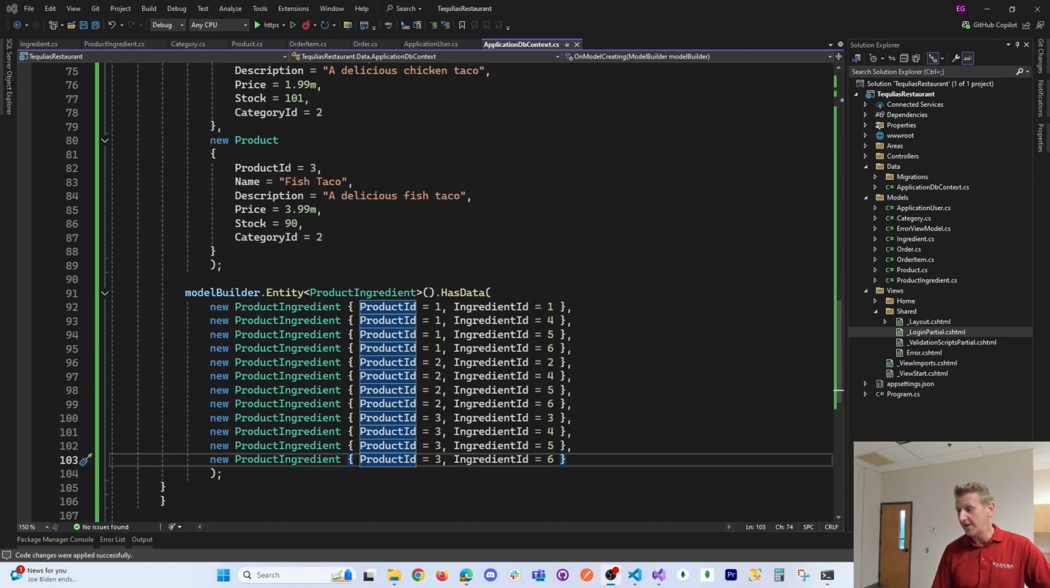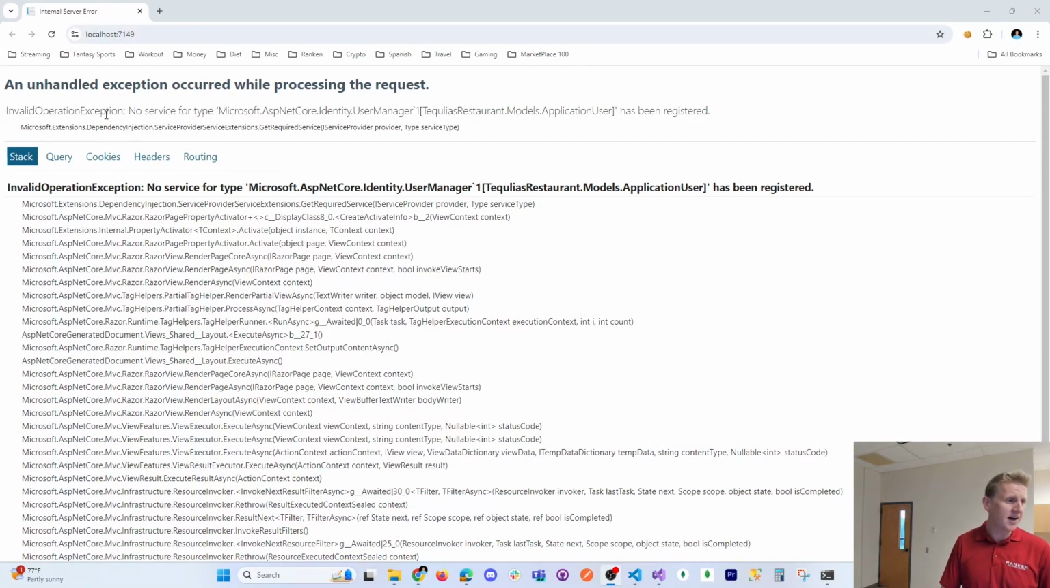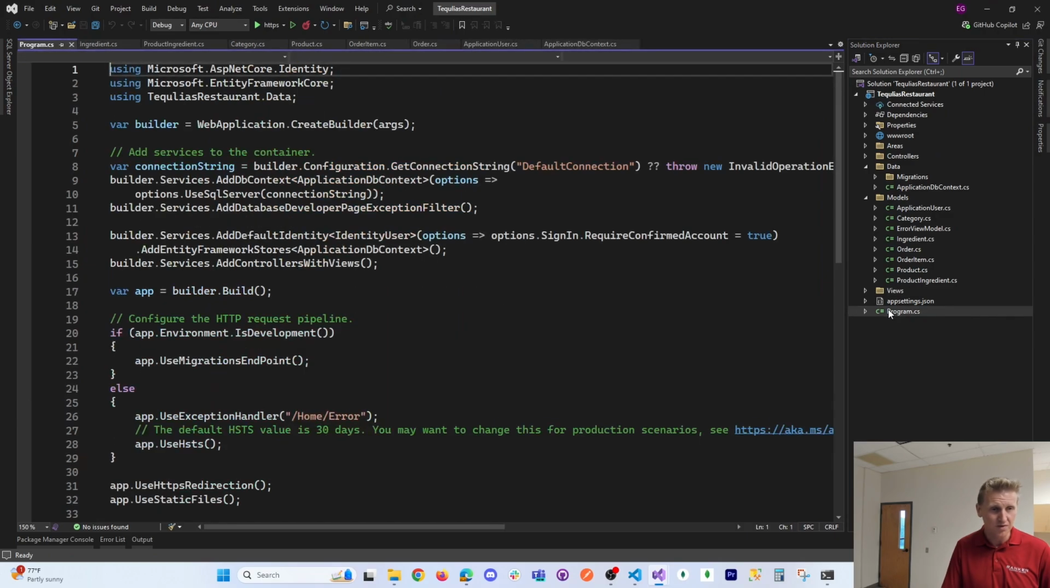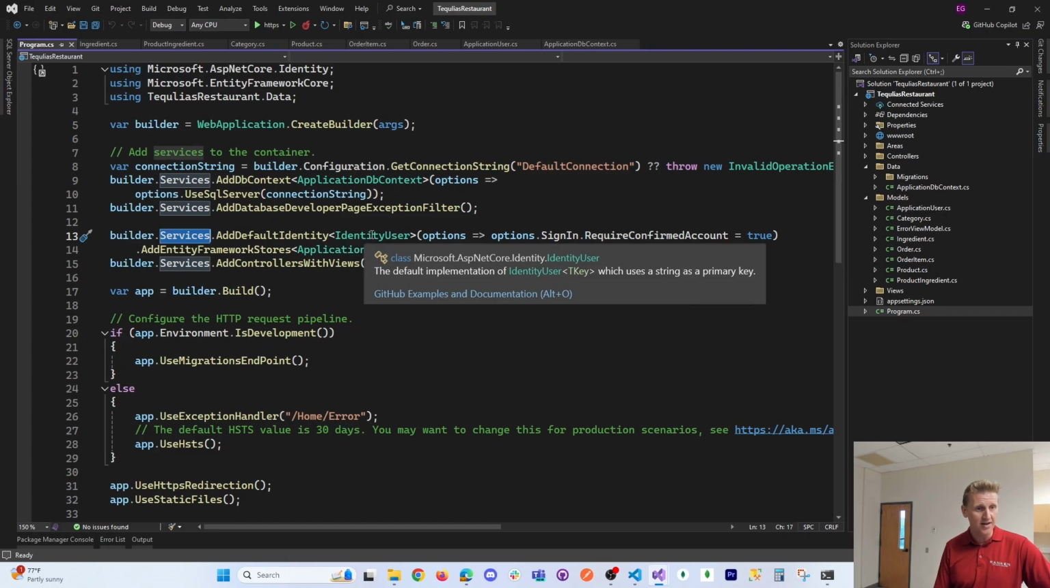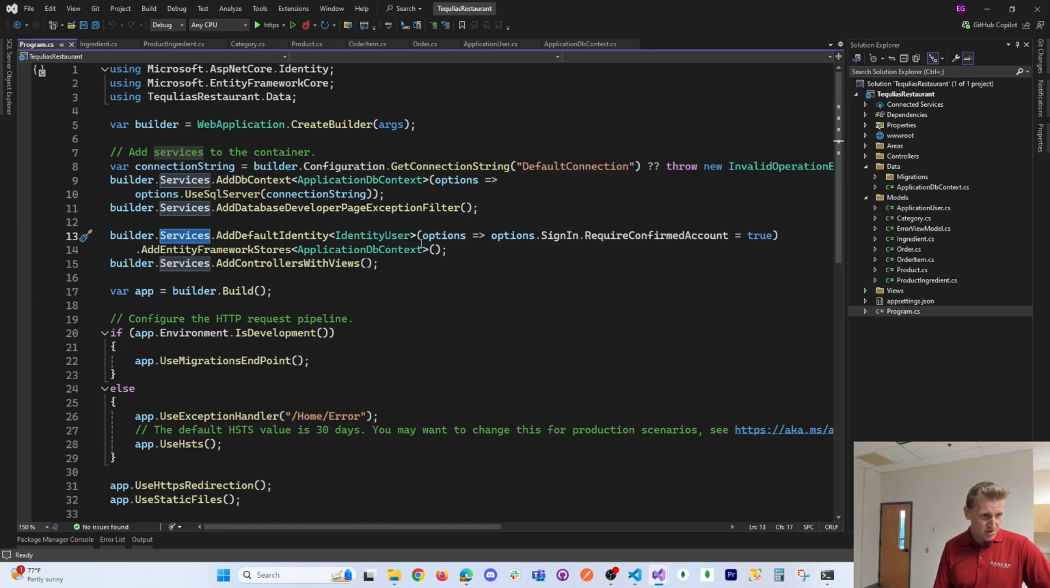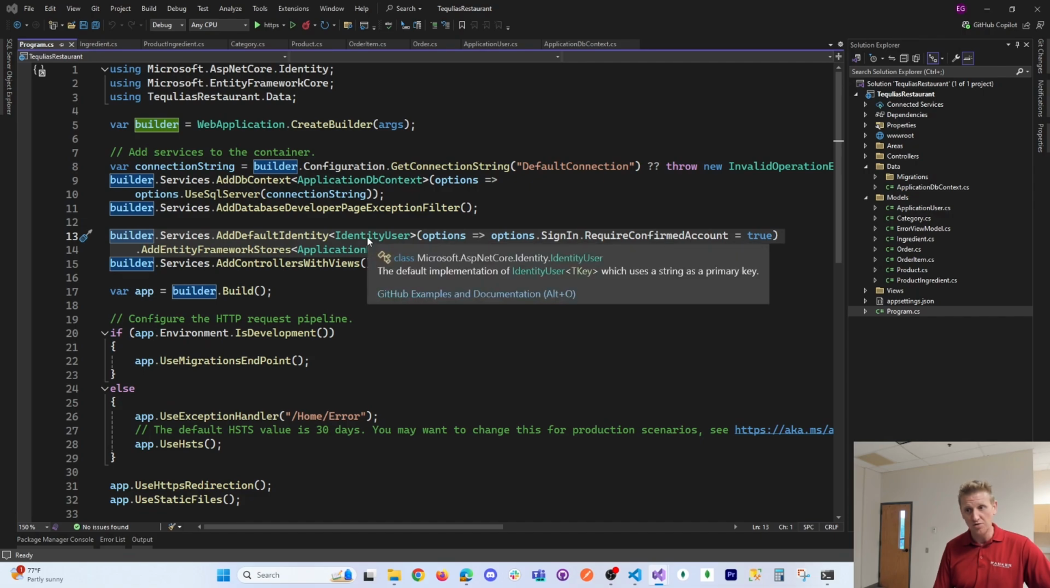products to their ingredients. Okay, the next thing I want to fix is it does say that no service for user manager, right? So no service, meaning we need to update our Program.cs, we need to update our services. Okay, so let's update Program.cs, and we need to change the service that we're passing in. Basically, we're going to wind up changing, I believe, line 13 to use our new application user. So right here,